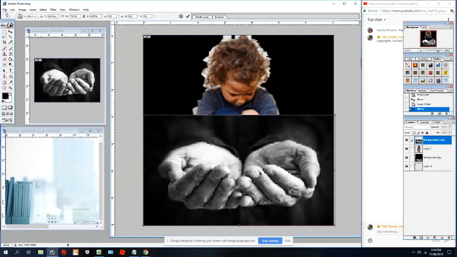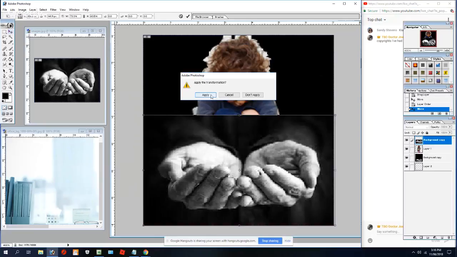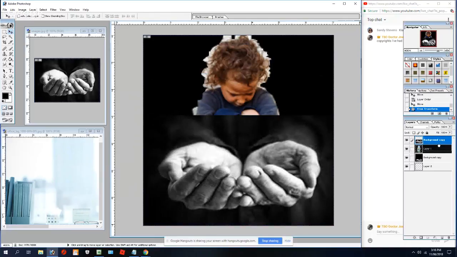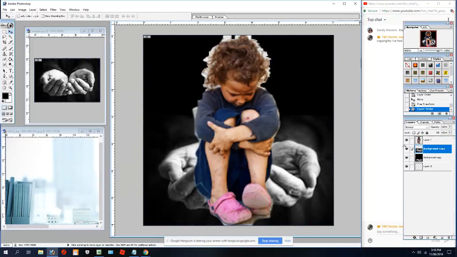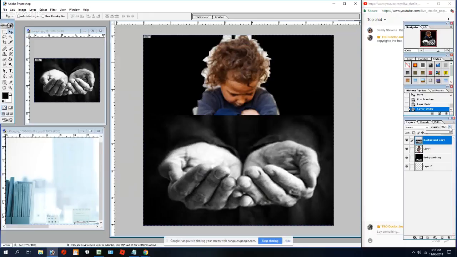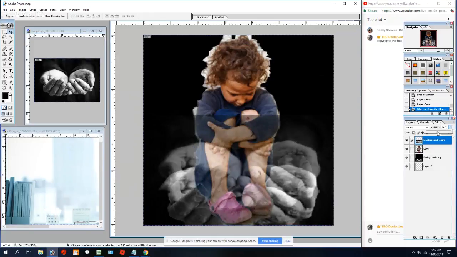I just want to see where she sits. So I can take a lot of this out and set her in the hand. And that's easily done by putting the hand up front.